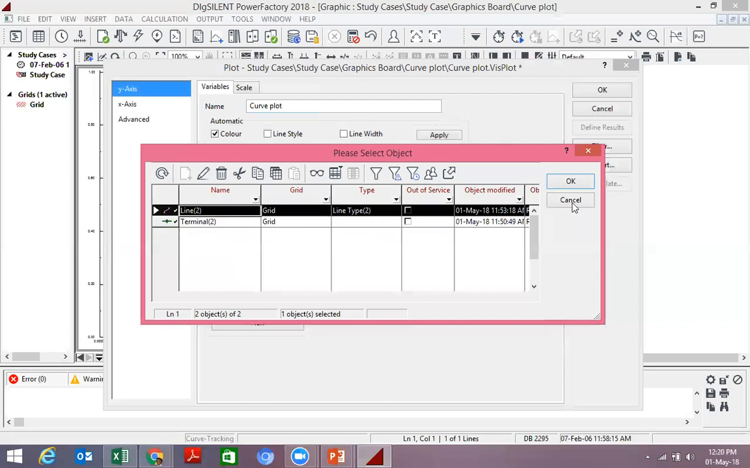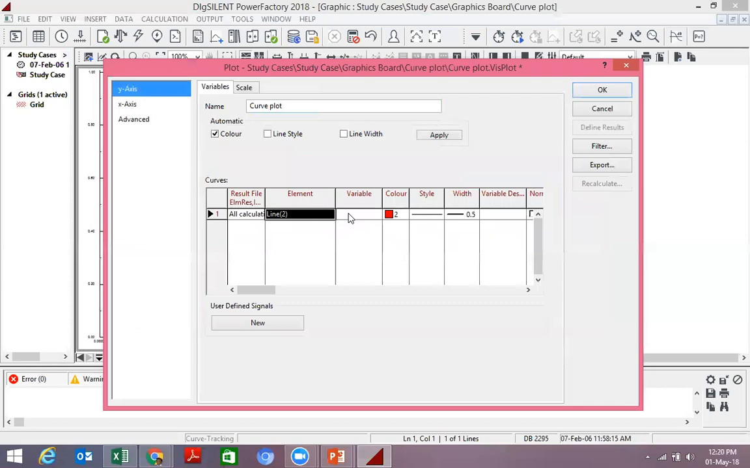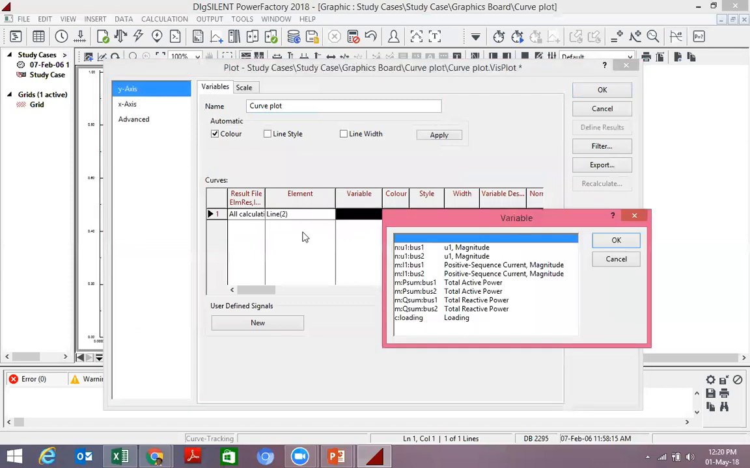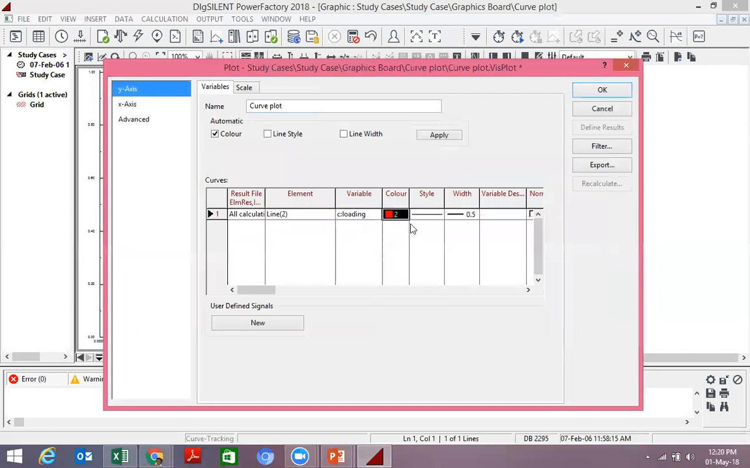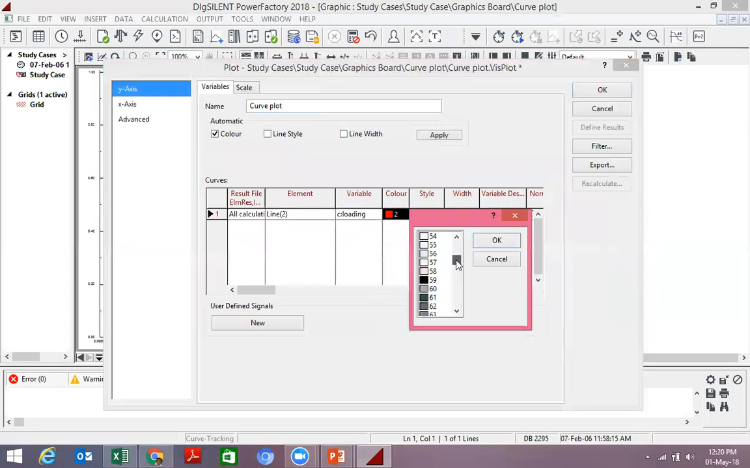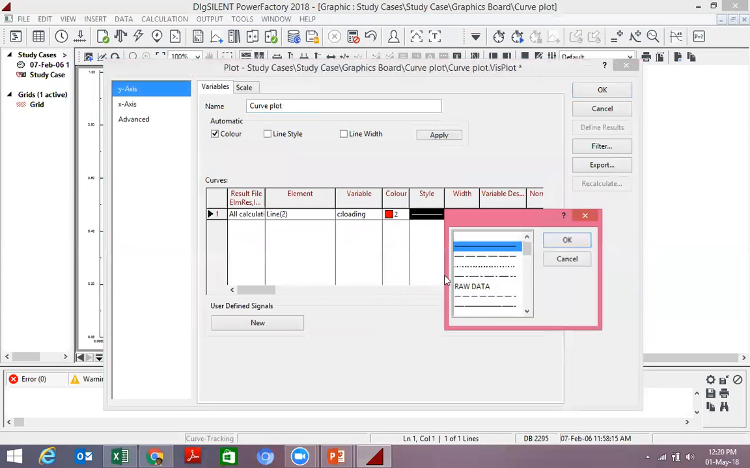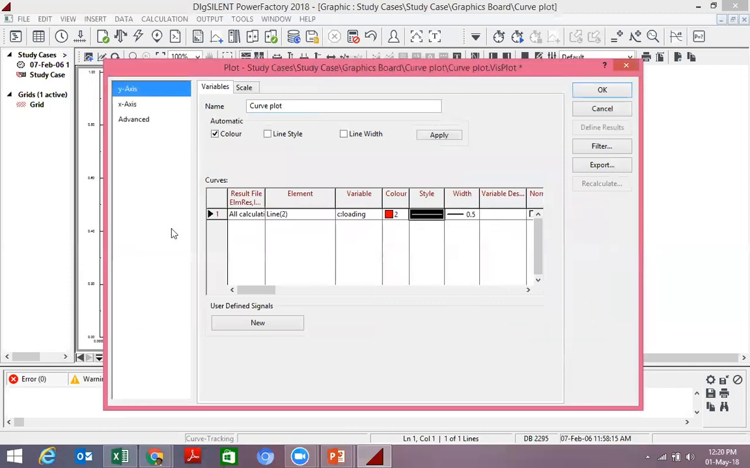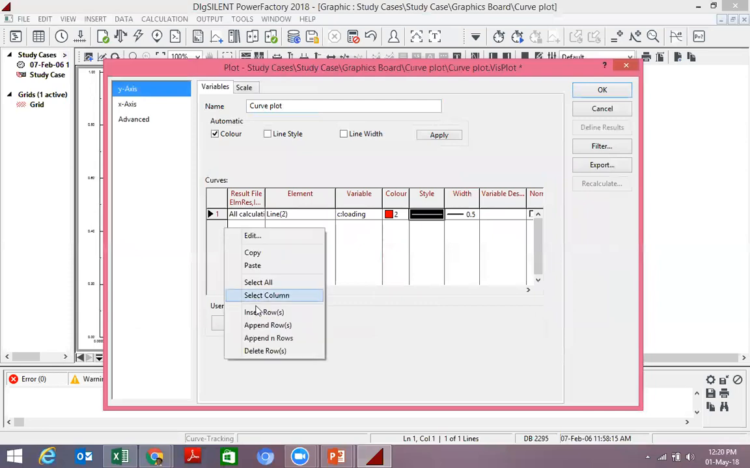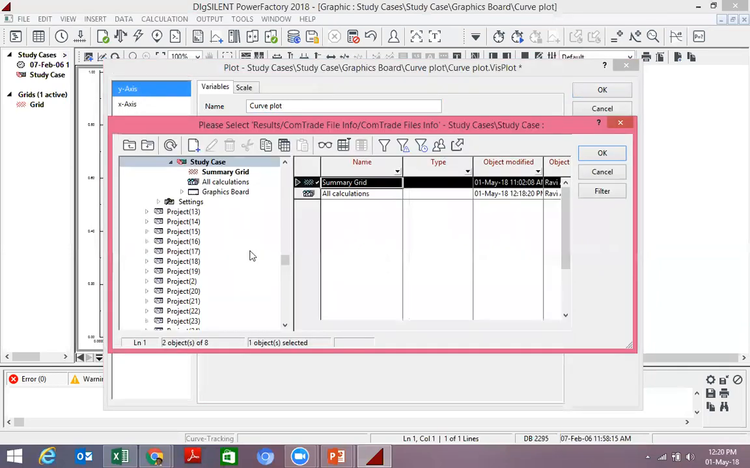Choose line is selected. Choose line, and then again what we have to select is line, the variable being loading. Click OK. From here we can also specify the different colors of the graph. Lots of colors are here. We can choose lots of styles of the patterns of the lines while plotting the graph. Width can also be changed, and then again insert row, all calculation,